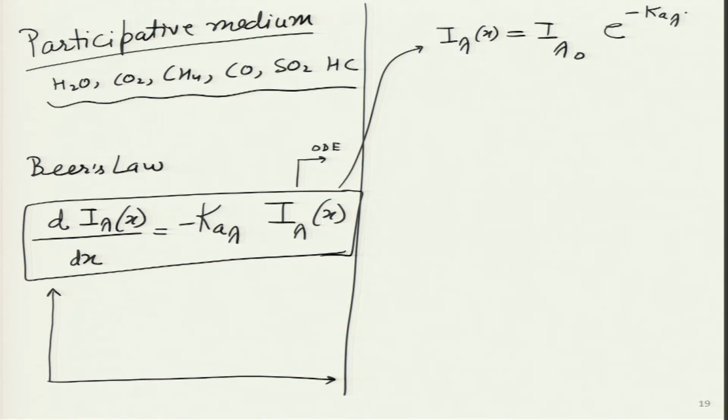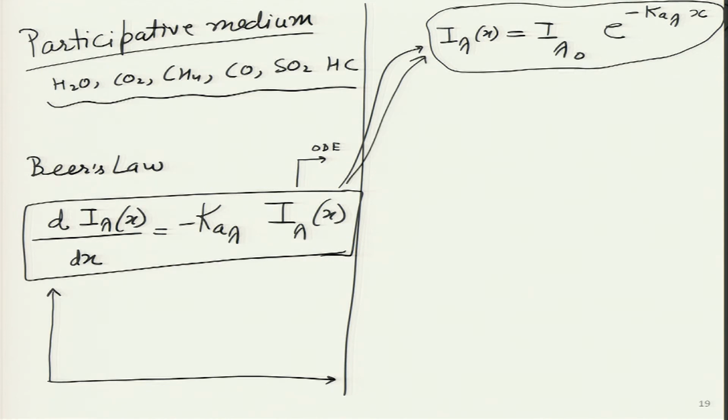I do not know anything in physics about this equation for now. Let us say I have just started. I only know it mathematically, and this is the mathematical solution for this particular equation. And what boundary condition had I assumed? The boundary condition was, if I make x equal to 0 in this equation, what I get is I lambda naught, because when x equals 0, this whole thing becomes 1.